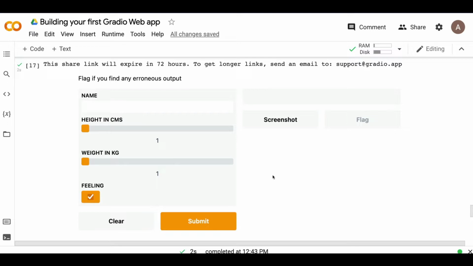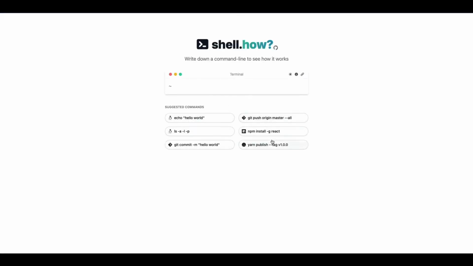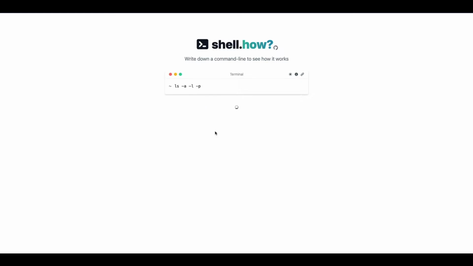So what are examples? For example, if you have a Gradio application that looks like this, sometimes the user might get confused. What do I have to give here? What do I have to do here? And to avoid this confusion, usually in user experience, if you look at a lot of existing tools, like I can quickly show you a tool that I came across recently, which is called shell.how. When you go here, it's still loading. But when you see this, you can see there are suggested commands. So these are like examples. Instead of somebody trying to figure out what to type here, a good user experience would always be very intuitive, where people can just click it and select it.